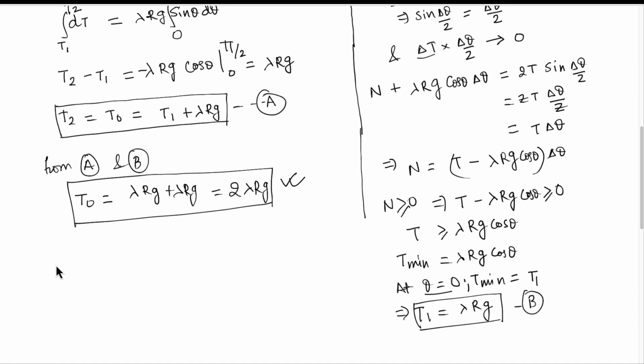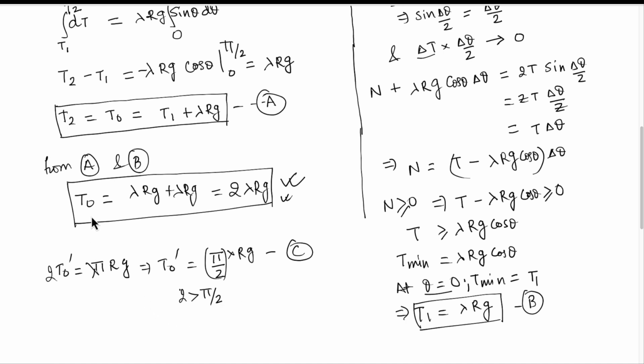And if you just compare it with the case when the cylinder, let's say, is absent and we just want to hold the rope with T0, then in that case T0 prime will become simply the weight of the rope, which is pi R g, correct? Therefore, T0 prime in that case is, and lambda, don't forget the lambda, pi lambda Rg by 2. Okay. If you compare this, let's say this is C. If you compare C with this particular T0 expression, then 2 is greater than pi by 2, right? So this T0 is greater than T0 prime. And the difference that you have, that 2 minus pi by 2